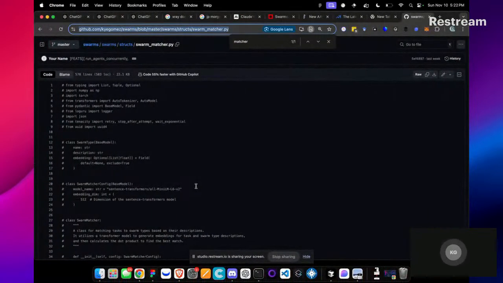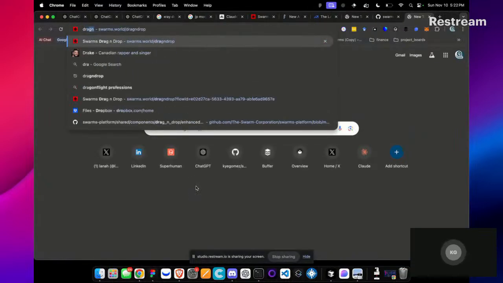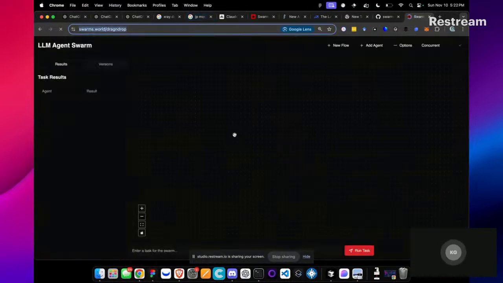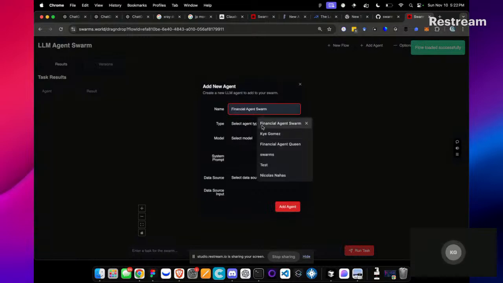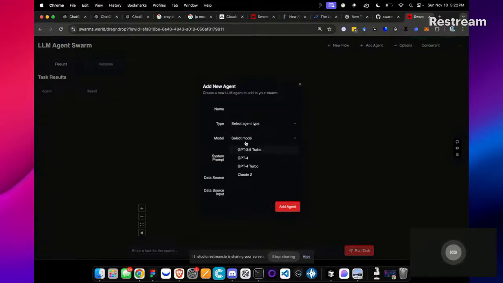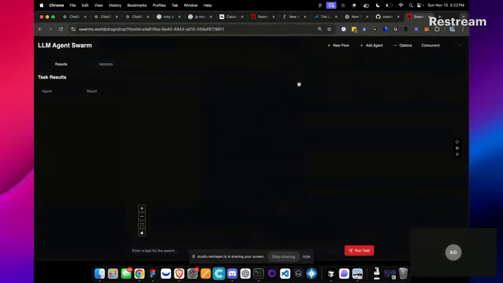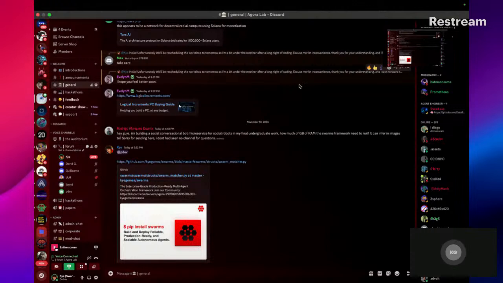And DSO will be coming to our drag and drop no code platform that we've been working on. So here it is still manual. You have to add your agents manually, one by one. But pretty soon you won't need to do that.